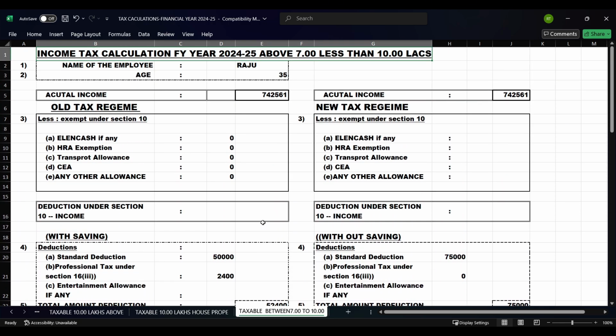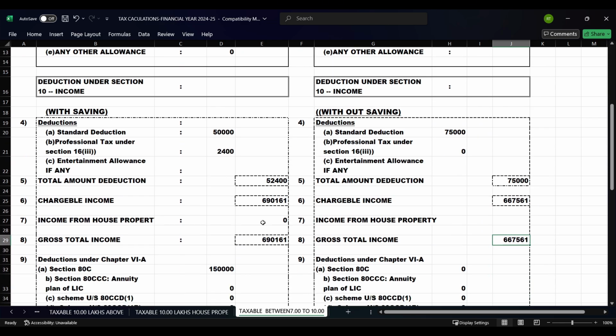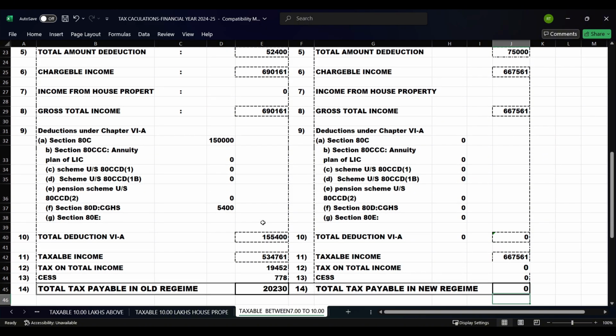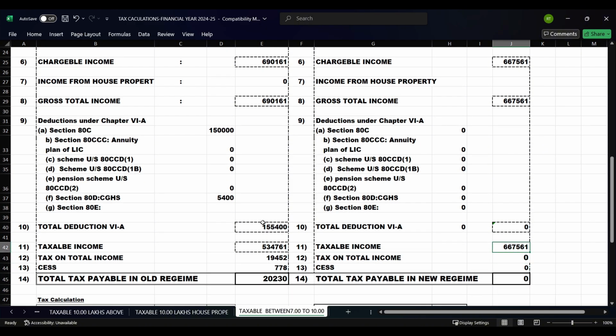We'll see now what the calculation will be in the new tax regime. Same income, 7 lakhs 42,561. Here the standard deduction for financial year 24-25 was increased to 75,000. Here the gross total income is 6 lakhs 71,561. As per the new tax regime there are no deductions. 80C, no, it was calculated without savings, and the taxable income is 6 lakhs 67,561. So as per the new tax regime, the tax applicable is zero